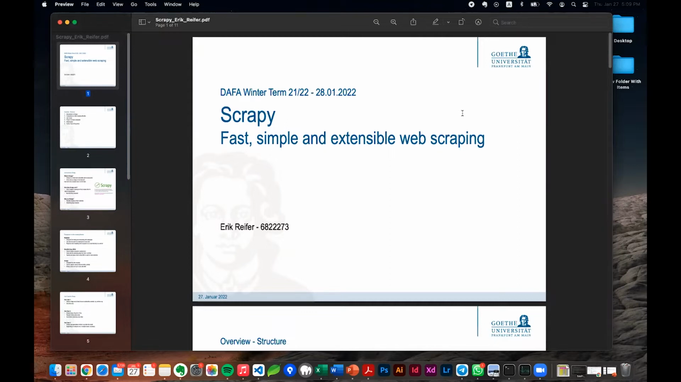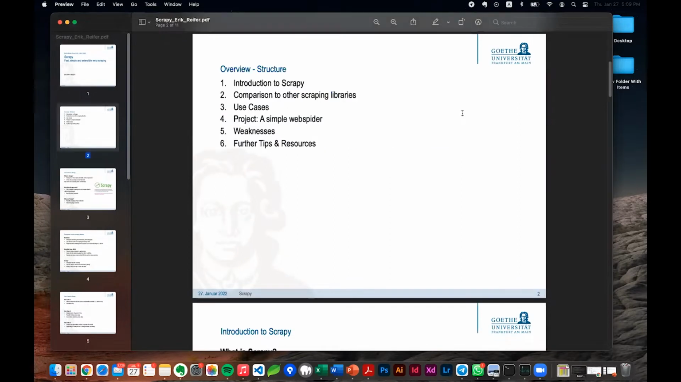Scrapy is a fast, simple and extensible web scraping library for Python, and there's a lot of fun stuff you can do with it. It comes with all the built-in packages that you need for web scraping, and yeah, let's jump right in. First, I'm going to be talking a little bit about an introduction to Scrapy, what Scrapy is and